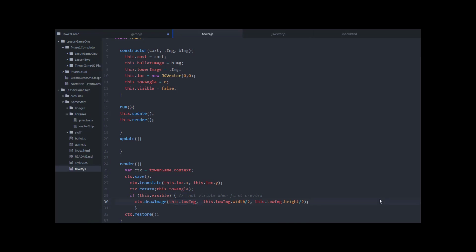Okay, so I think this video is long enough. In the next video, we'll actually get the tower to appear on the canvas. So there's a number of things we have to do. I've got to add some listeners to the canvas itself, and then I've got to deal with the logic of when to create a tower, when not to create a tower, and so forth. So there'll be a few steps involved in that, and I think I'll go ahead and end this video here